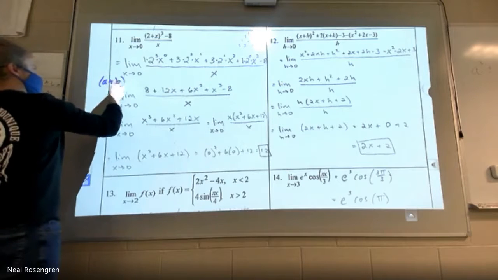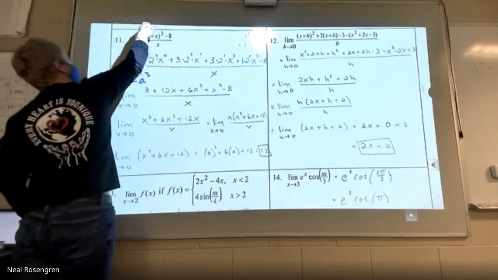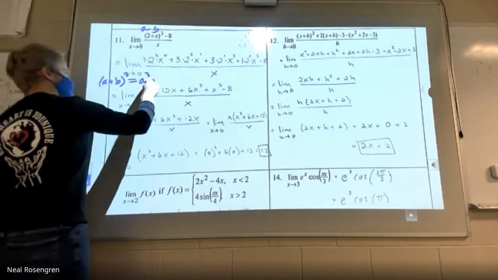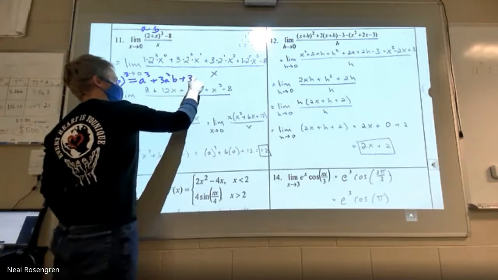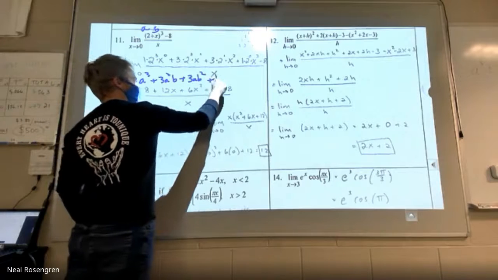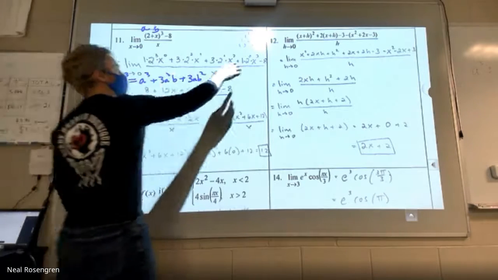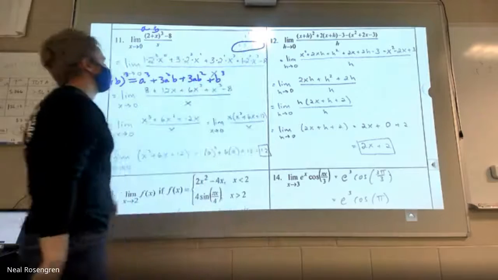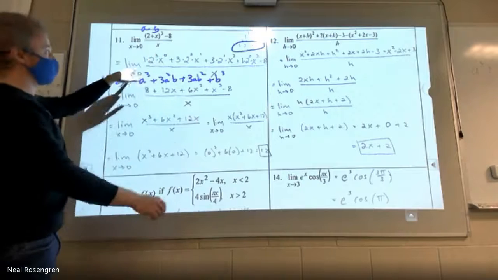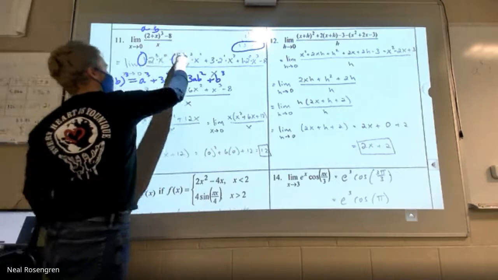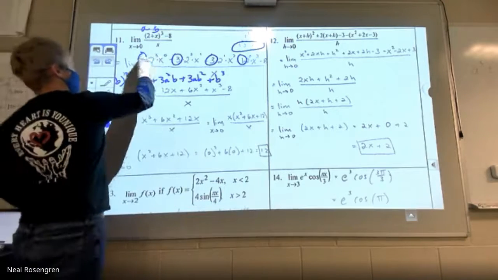A plus b cubed. All right, right on top. There's a cubed right there. This is a plus 3a squared b plus 3ab squared plus b cubed. There we go. Now they're stacked on top of each other. Now it's 1, 3, 3, 1 from here. That's all I get from this. The thing that we have to remember, and I wrote it out the long way, so it's super obvious where it all came from, is that there's 1, 3, 3, 1. There are the coefficients. It's easy to see.